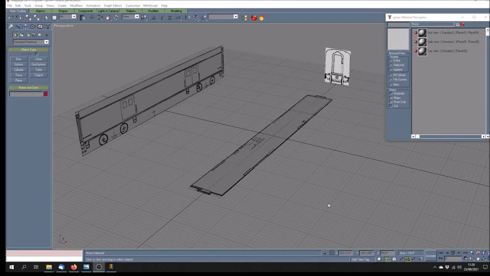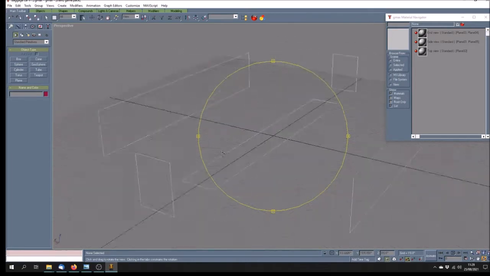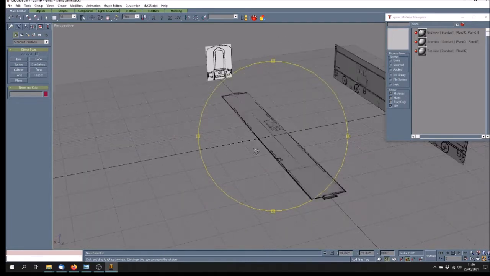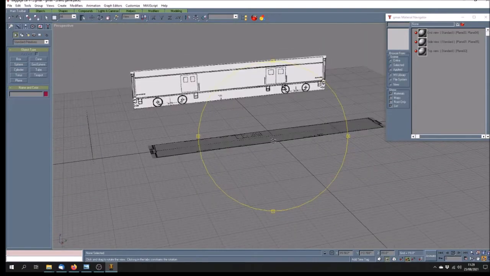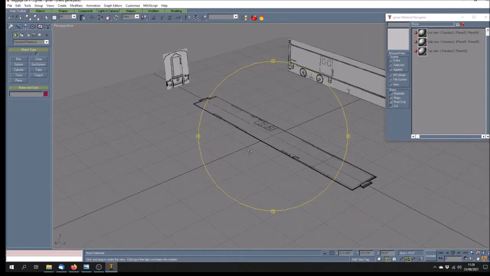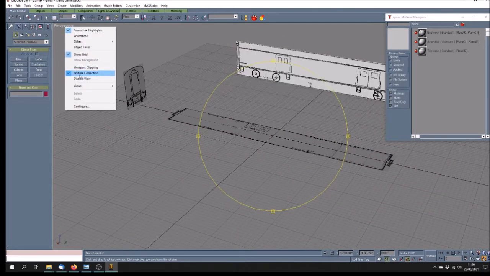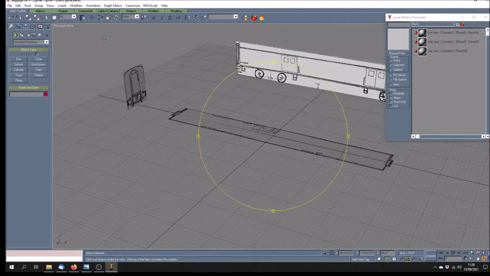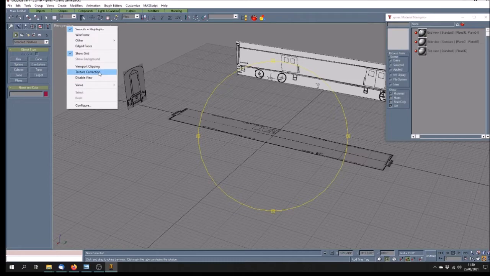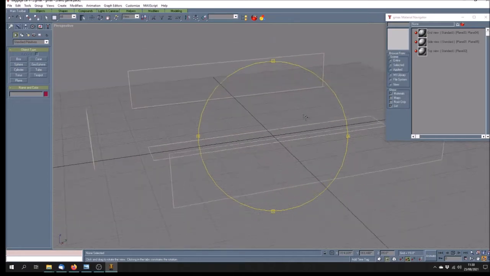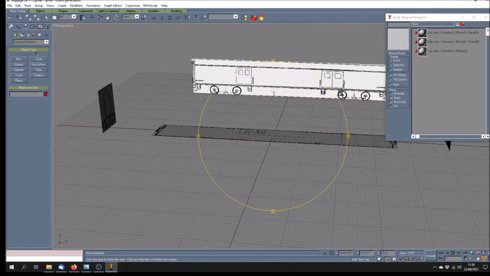This is part 2 of starting from scratch, and I'm picking it up from where part 1 ended with getting the plans in to scale into Gmax. One thing you must make sure of, whichever view you're in when you're doing this, is that you have texture correction ticked. If I untick it, you'll see you get a distortion, so you definitely need that tick to get the exact correct view of the